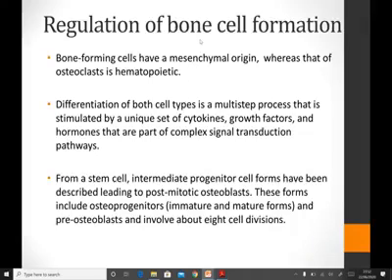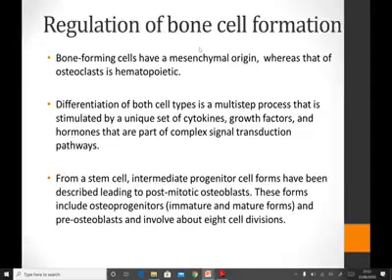In today's lecture, we are going to talk about the regulation of the formation of these bone cells, both the osteoblasts and the osteoclasts. The bone forming cells, or the osteoblasts, basically have a mesenchymal origin, as we know, whereas the osteoclasts have a hematopoietic origin. Whether osteoblast or osteoclast, both cell types differentiate by a multi-step process, and this process is